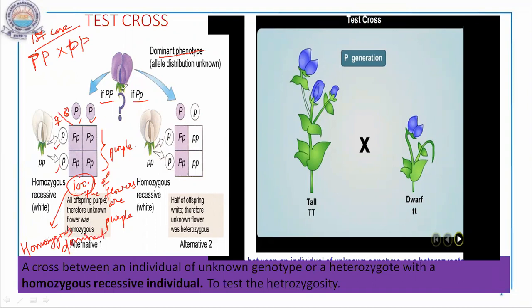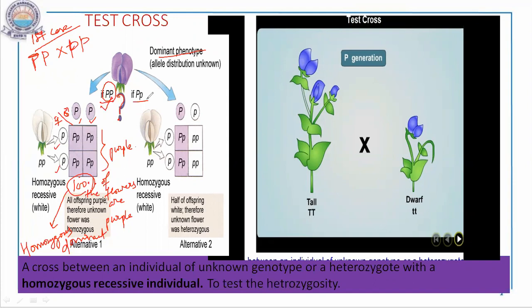It means this unknown parent, see this is a question mark. So this unknown parent was what? Capital P, capital P. See, this is an assumption, then you are proving. You are assuming capital P, no doubt. But then when you get 100%, your assumption is 100% correct. As I got all the flowers to be purple, what I had assumed, capital P, is correct.